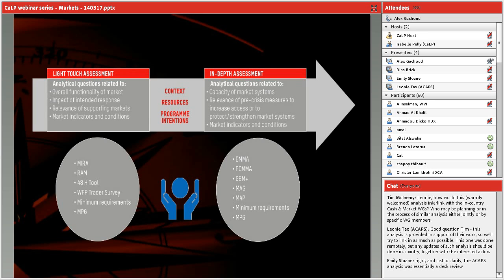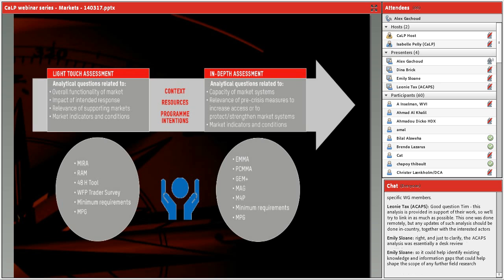So it's about going out there on the marketplace, observing how markets have been affected, observing the number of traders, asking a few questions to some traders, identifying the right key informants, and having a broad understanding of the markets. So some of the tools here that help this are the MIRA, the RAM, the 48-hour tool, the WFP trader survey, the minimum requirements for market analysis, and the multipurpose grant operational toolkit that has some